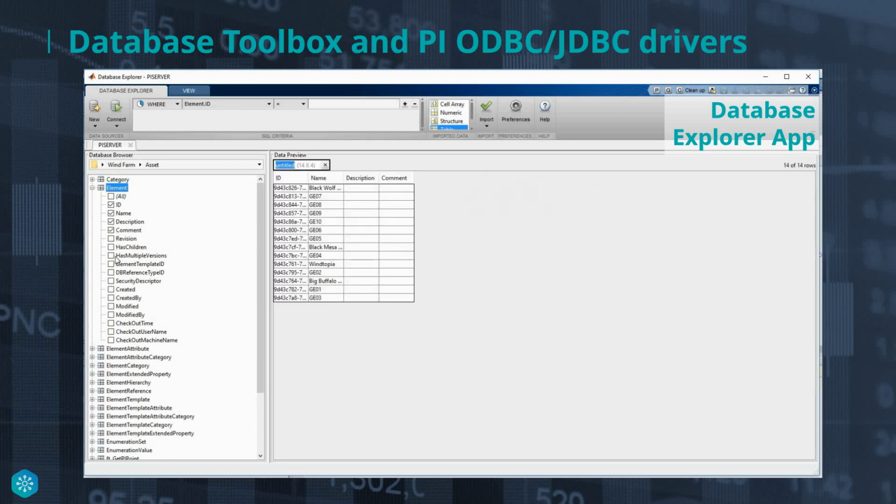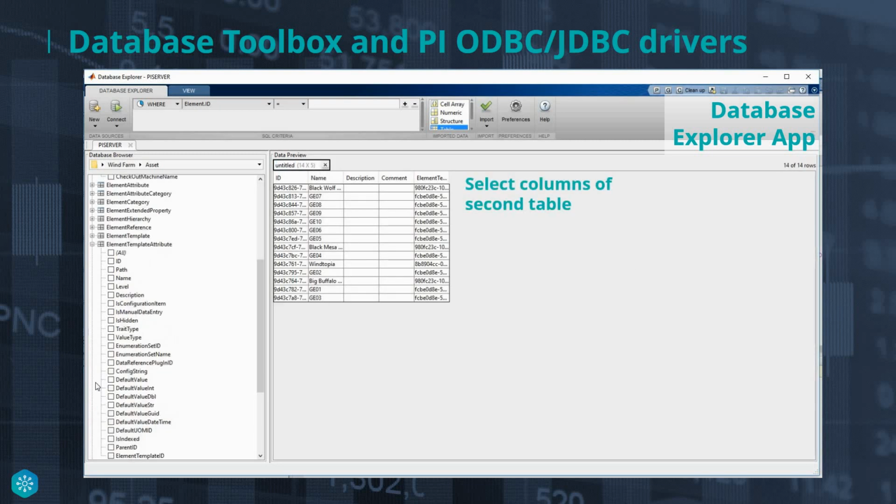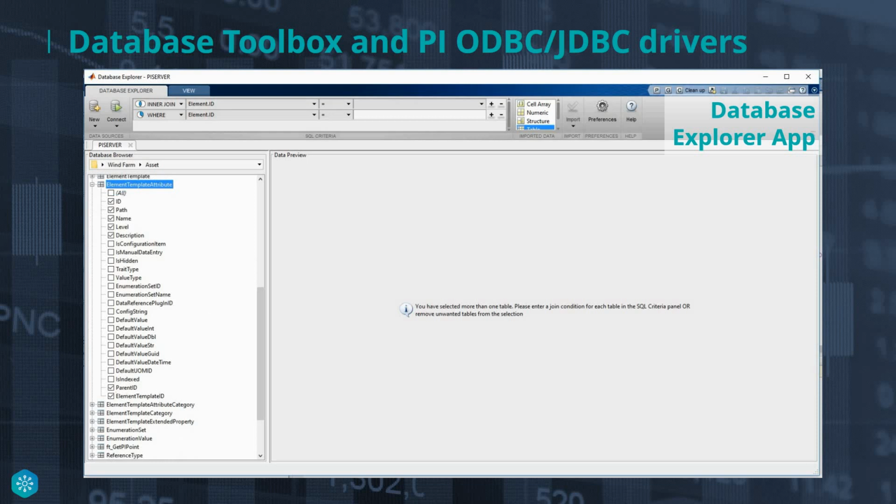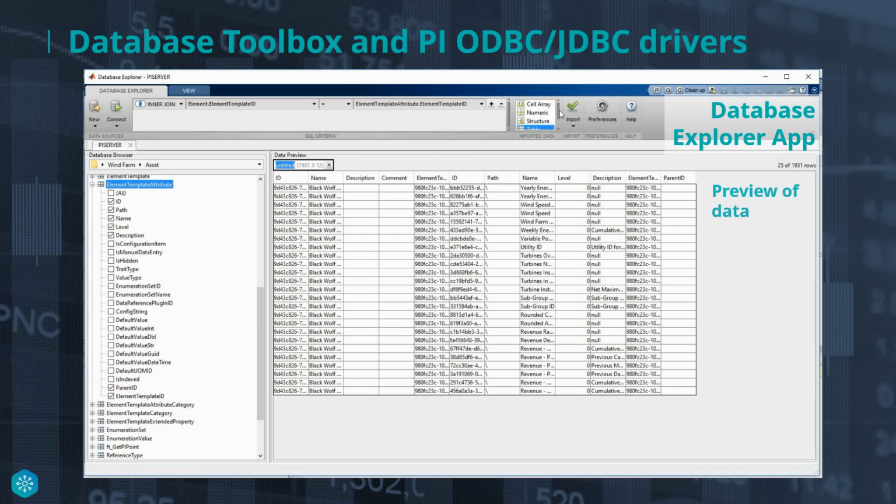From my knowledge of these tables, I know that the element table has an element template ID column, and the element template attribute table also has an element template ID column. So what I'm going to do is, after I've selected the columns that I want, I can then perform a simple join operation in an interactive way using the element template ID column in both tables. I can then view what a preview of the data looks like, select how I would like to export the